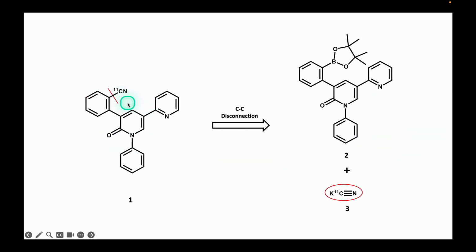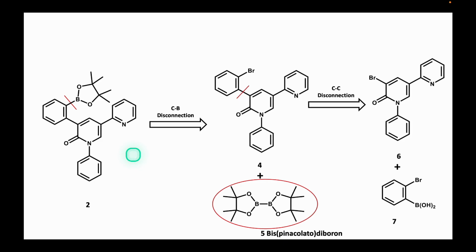The cyano group, which is incorporated into the drug, is considered a retron, and, based on a cross-coupling reaction, a carbon-carbon disconnection yields boronic derivative 2 and the labeled potassium cyanide. As the source of the radioisotope and raw material, the heterocycle, which contains a boron atom, functions as a retron, and a carbon-boron disconnection then generates the substituted bromobenzene, compound 4, along with reagent 5, which serves as a raw